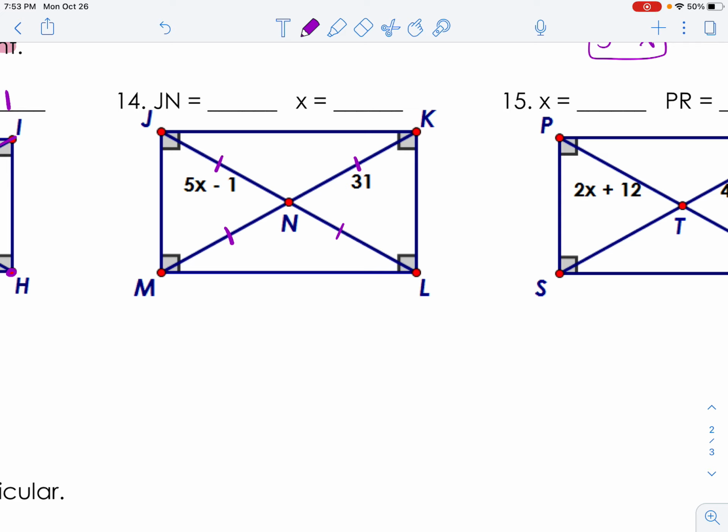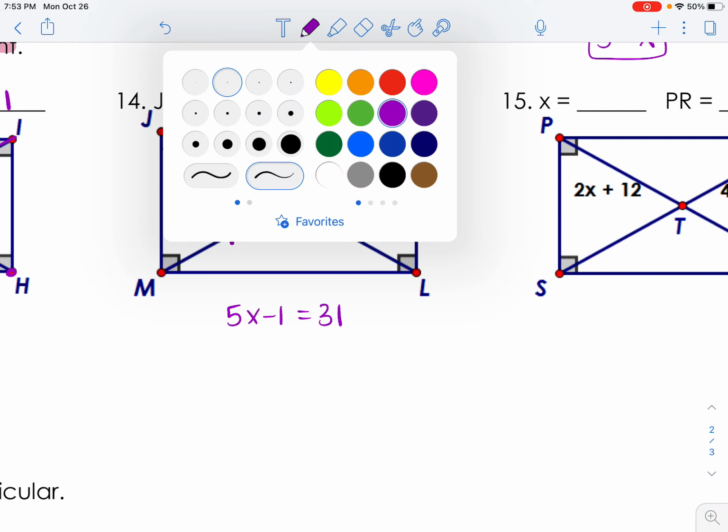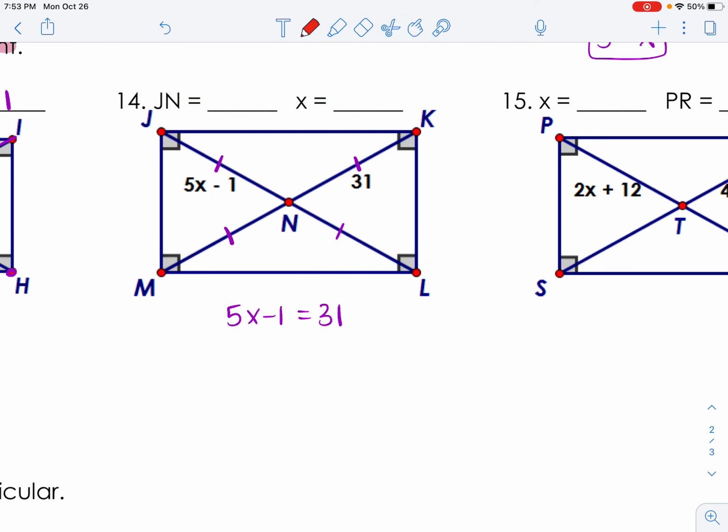So now I know that JN is congruent to NK, therefore I can set their values equal. 5x minus 1 must equal 31. And I'm going to use this to solve for x. So to solve, the first thing I would do is add 1 to both sides. I get 5x equals 32. The next thing I would do is divide by 5 on both sides. And when I do that, I get x equals